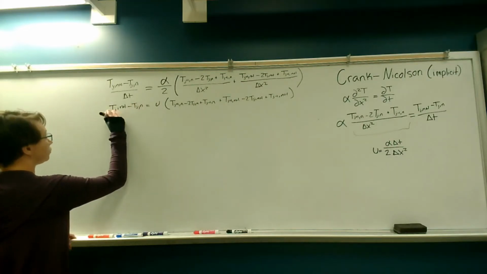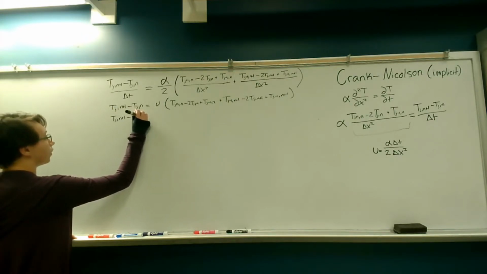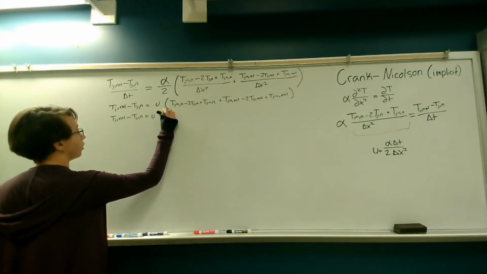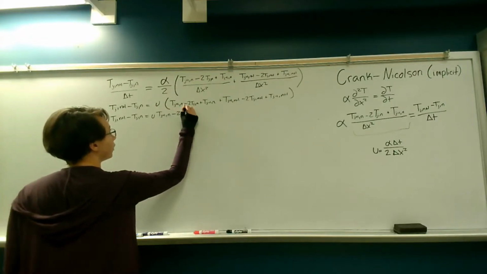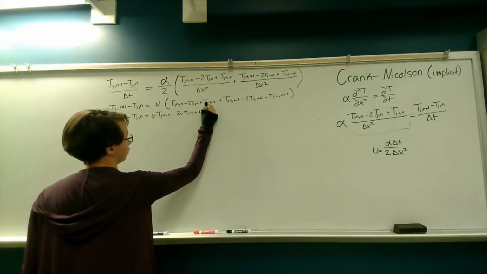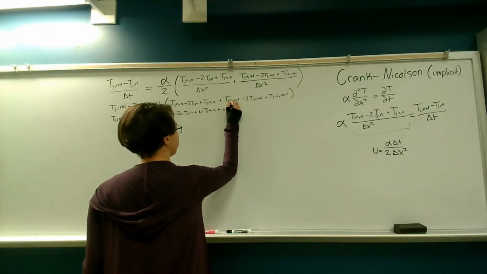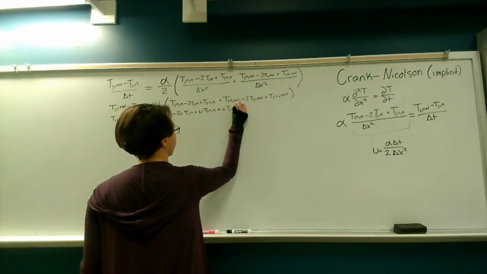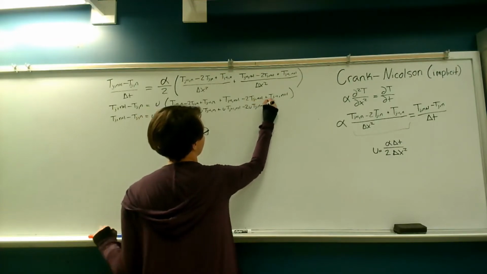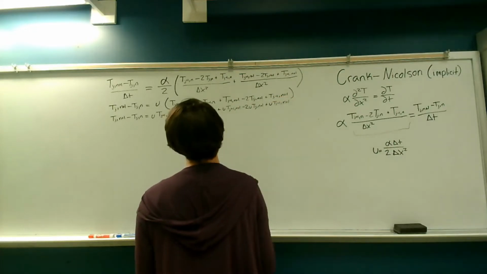So T j at n plus 1 minus T j at n is equal to u times T j plus 1 n, minus 2u T j n, plus u T j minus 1 at n, plus u T j plus 1 n plus 1, minus 2u T j n plus 1, plus u T j minus 1 at n plus 1. Alright, so